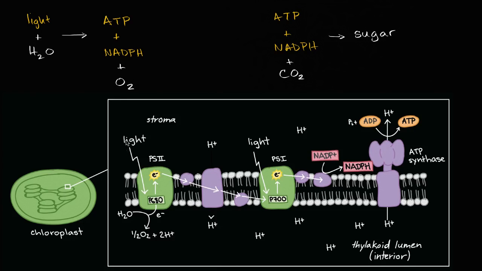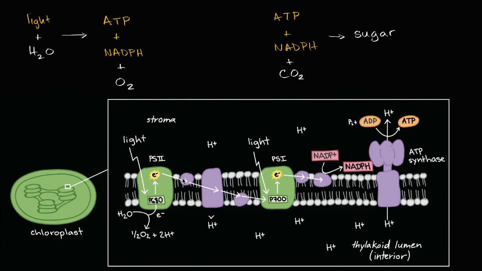The energy from light, photons from light, are going to either directly or indirectly excite electrons. Those excited electrons are in a high energy state. They're going to be transferred from one molecule to another, and they're going to go to lower energy states. That's what allows those transfers to be spontaneous, for them to actually occur. They're going from a high energy state to a lower energy state. The electrons are getting more and more comfortable, and some of that energy that's released as the electron